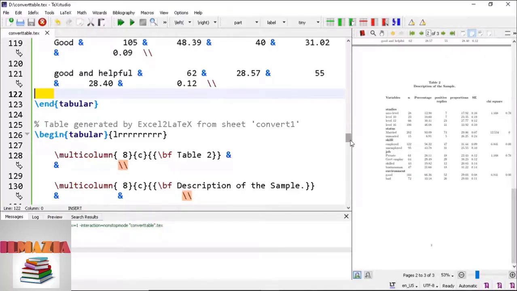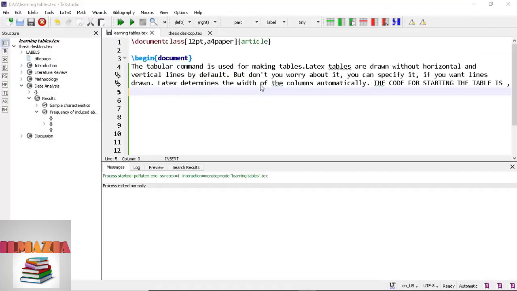So when you type all the commands in LaTeX for a table, it is cumbersome, and the tabular command is used for making tables. LaTeX tables are drawn without horizontal and vertical lines by default. But don't worry about it, you can specify it if you want lines drawn. LaTeX determines the width of the columns automatically. The code for starting the table is